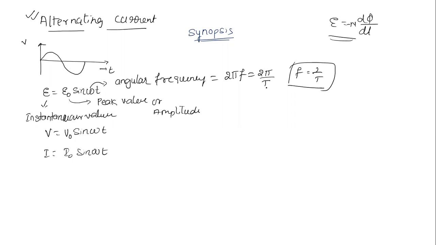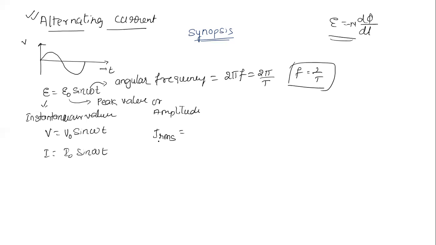Electromagnetic induction. Here there is a concept, one value is there, that is the RMS value. So why do we take the RMS value? The main purpose of using the RMS value is to express the value of alternating current in a similar way as direct current. We are going to use alternating current means RMS values. So what are these RMS values? RMS, IRMS, root mean square.